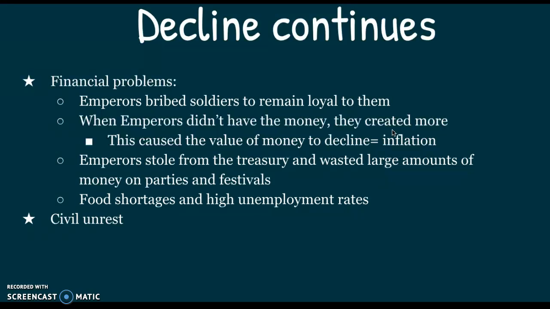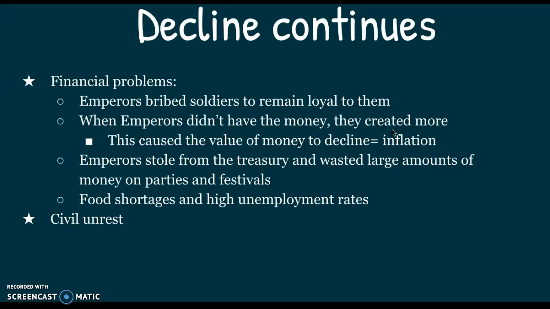We have this problem today. So as you print more money or you mint more money than what needs to be in circulation, it decreases the value of that money and it causes financial problems for the nation. Emperors would also steal from the treasury of the nation. So this would be like President Trump stealing out of the American bank, that's unheard of. That wouldn't happen. But the emperors would do that. They would steal money from the nation of the Roman Empire in order to throw really massive parties and festivities. So they'd waste all this money that they steal.